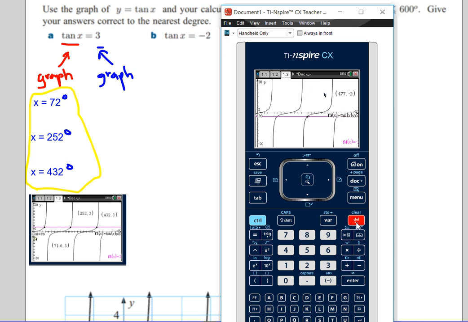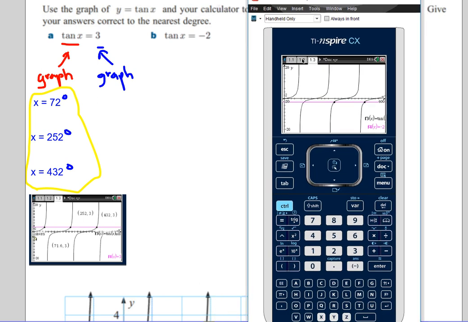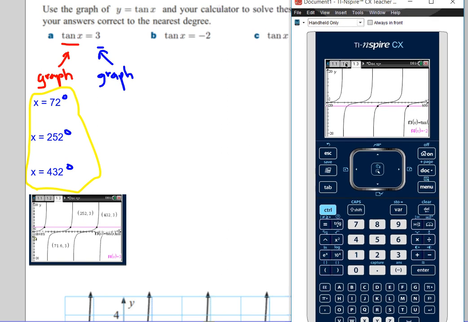Delete. That's just saying what the 2 equations were. Delete. And this one's at negative 2, so that's good. That's what we want to see. Tan x equals negative 2. Graph both of them, and then find their intersection. So let's see how many intersections we've got. We've got 1 here, 2,